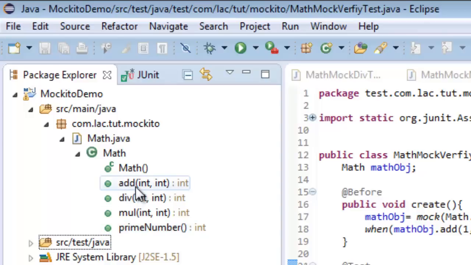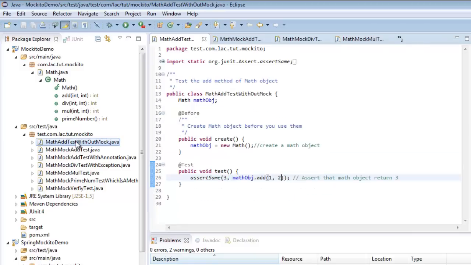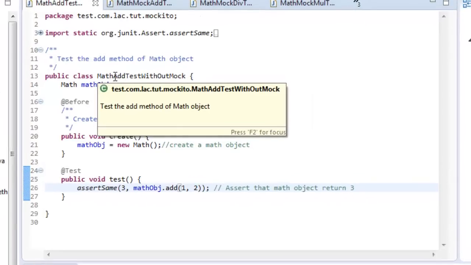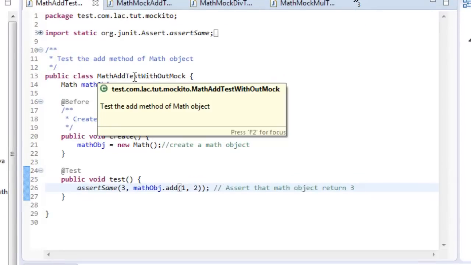In a typical test case when we want to test the math class, if you see here in this example, this is the JUnit test case which is going to test the various operations of the math class. This is a typical JUnit test case where we test the math object without Mockito.